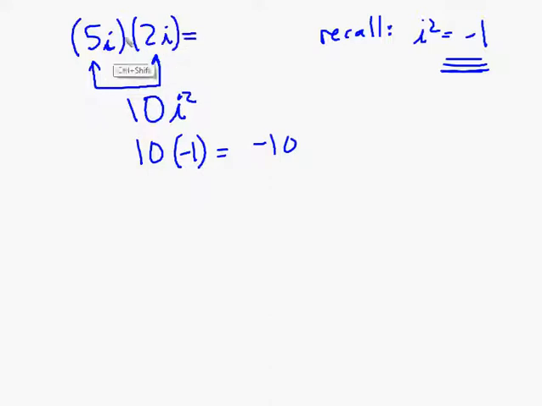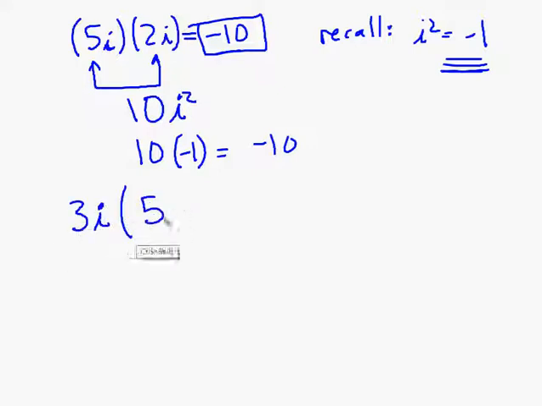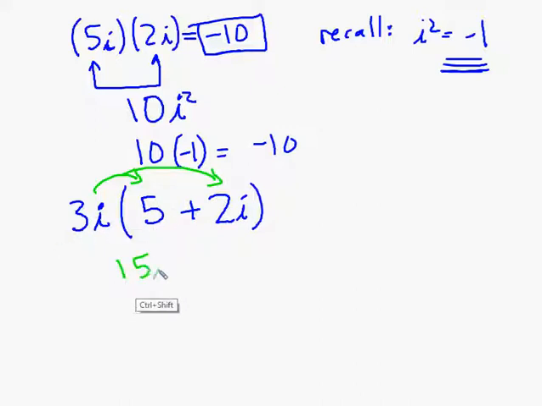So when I multiply that, despite it being imaginary numbers, in the end, I just get a basic real number, -10. That doesn't always happen, but sometimes it is fair game. I could have a distributive property where I have 3i out here, and then I multiply it by something in here. So let's see what happens. I go ahead and I distribute that like I would if it wasn't even a complex number. So right here, 3i times 5 is 15i,